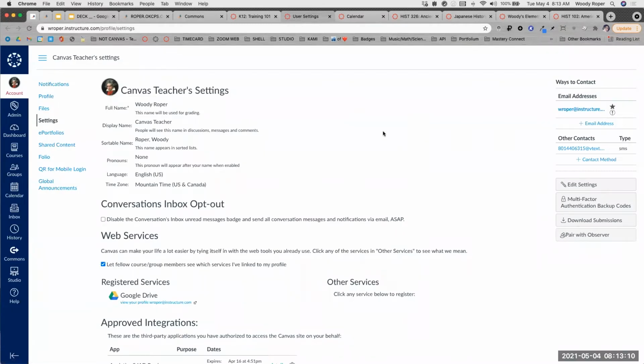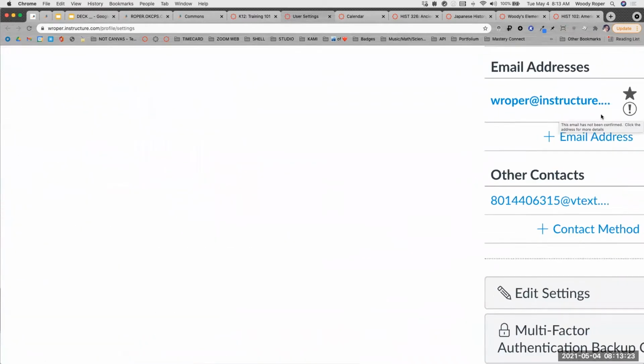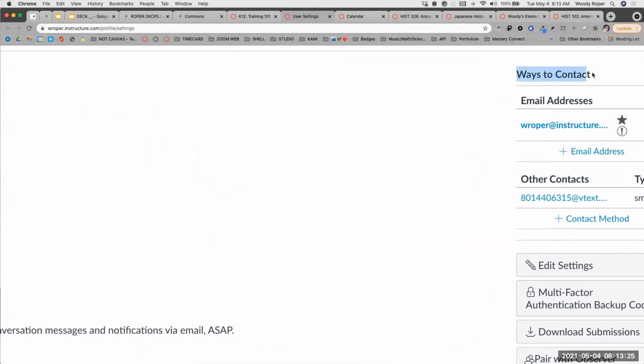And then finally, kind of like a starting point within Canvas, once you square this away, you want to go ahead and check your notification settings, because your work email should be located about right here under something that says ways to contact. Sometimes we get a little confusion about that. Does that mean that's a way for students to contact us? Is that the way the school contacts us? No, that's a way for Canvas to contact you,